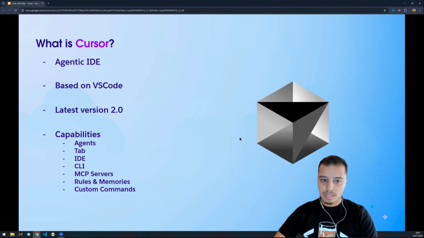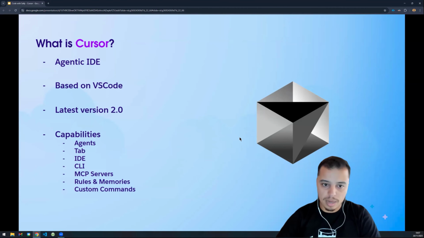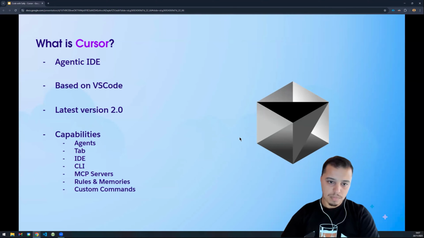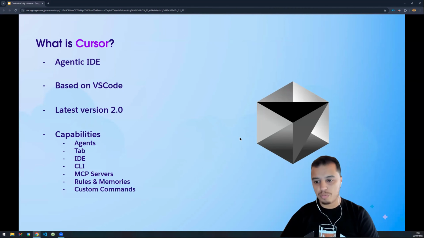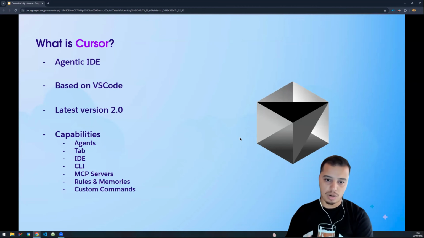So yeah, let's start. The first question is, what is Cursor? We like to say that it's a vibe coding tool, and I would say that the technical term would be that Cursor is an agentic IDE. That means an IDE, a tool for development and coding, but agentic. Specifically, it's based on VS Code. What that means is it's a fork from VS Code. So the Cursor team branched out from the VS Code open source project, and they made their own version called Cursor. And the idea behind that is that while VS Code offers